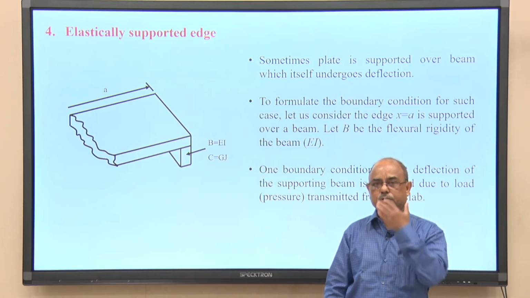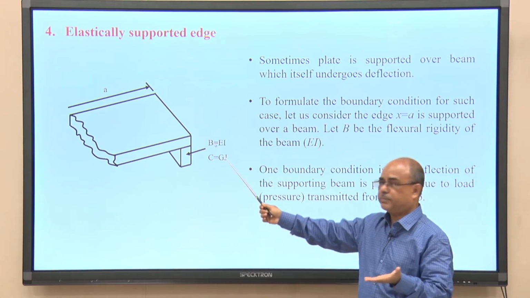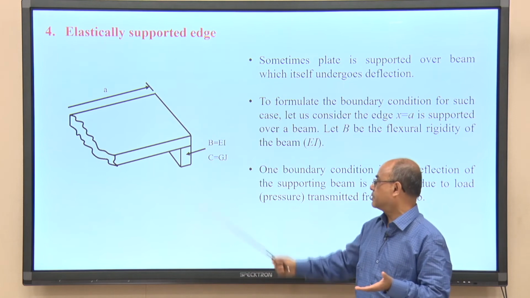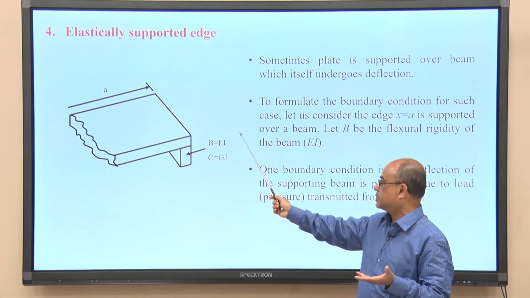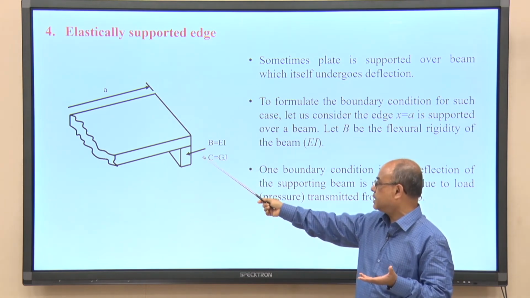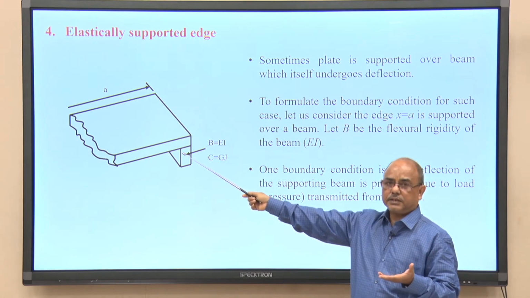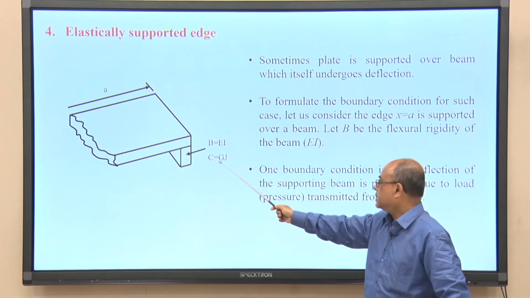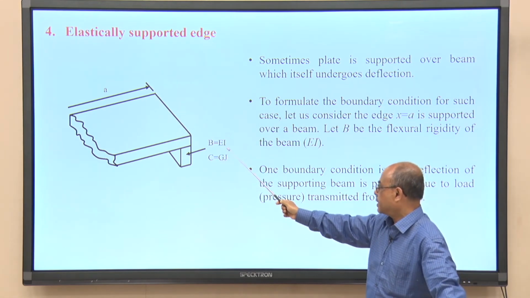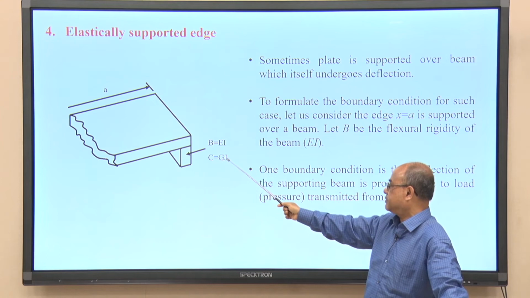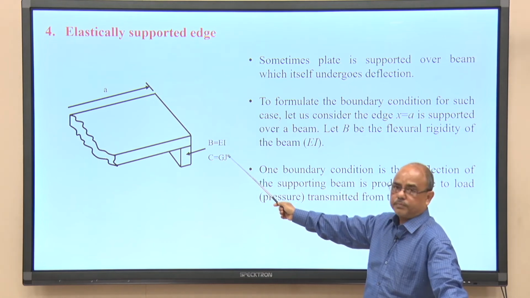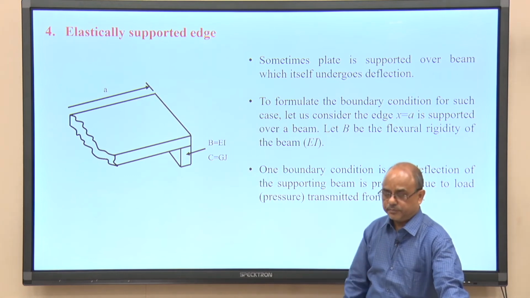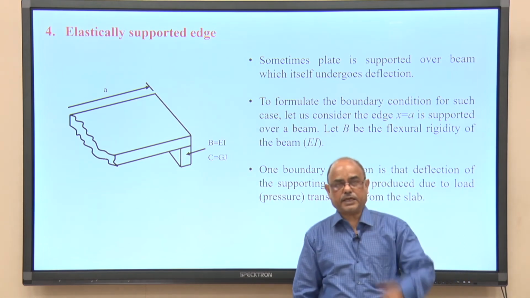Again, two different types of metal can also be used when the metallic plate is resting on another metallic support. So, therefore, this modulus of elasticity of the beam is not necessarily the same as the modulus of elasticity of the plate. So, that you should remember. Then the torsional rigidity of the beam. Torsional rigidity is defined as the product of shear modulus into torsional constant J. Okay. Torsional constant J is